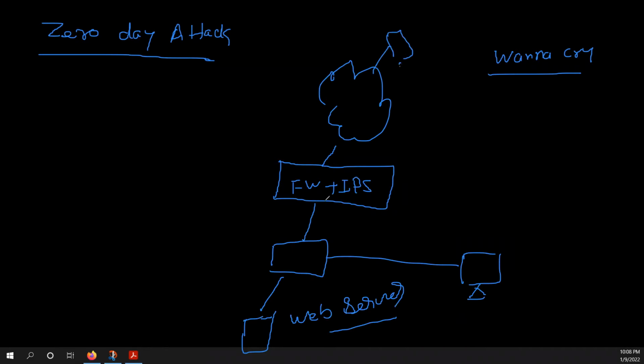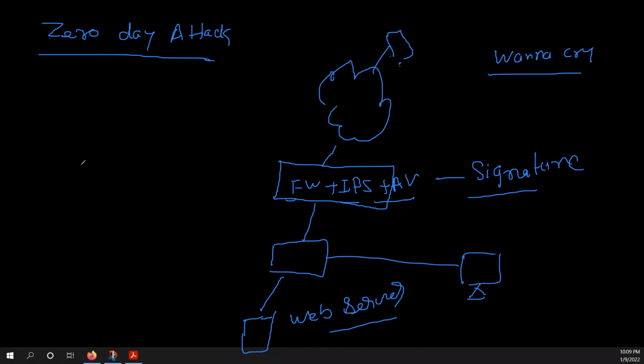Okay. So you know, your firewall and the IPS or antivirus, basically these are signature-based technologies. They work based on the signature. So if you do not update the signature, you won't get the latest protection. And that's why from time to time we update the signature. These signatures are updated by the vendor itself. And when the vendor is updating these signatures, at that time he knows what kind of attack it is.